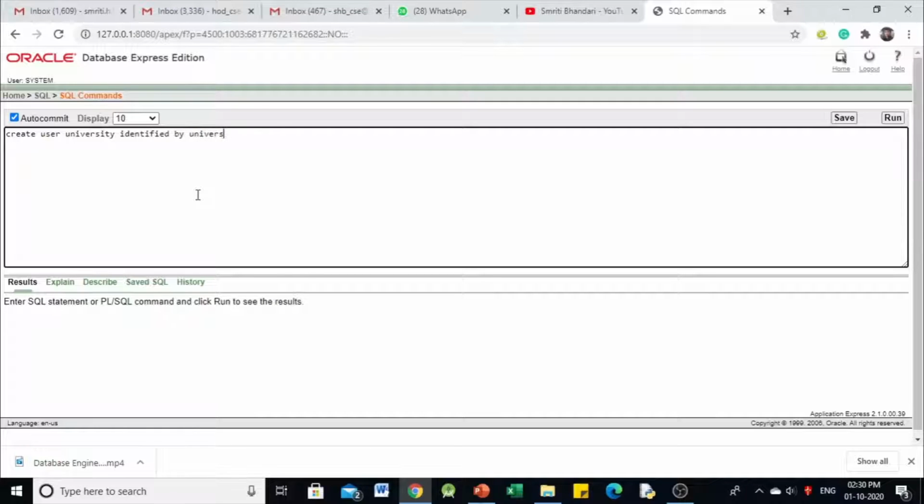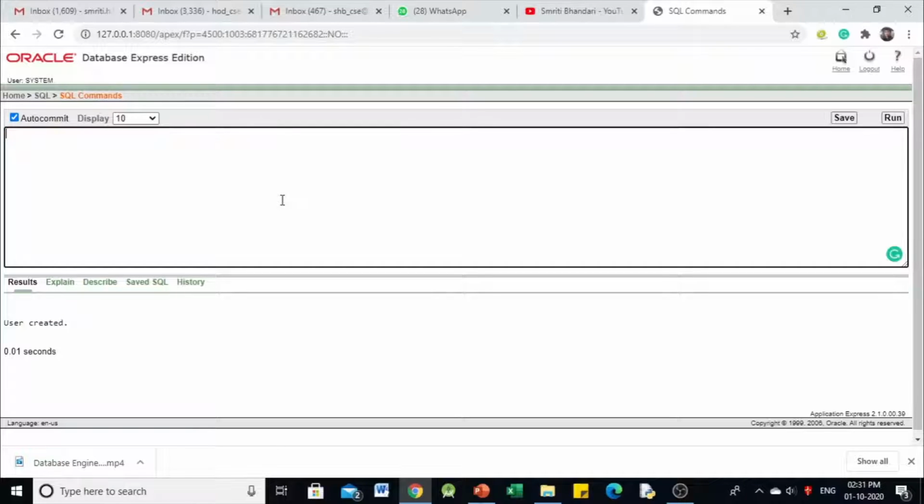So once again I am providing password as university for simplicity. So I am giving the statement create user, whatever is the username that you want you may provide, identified by the password, right? And I'm going to run this statement and I'll see here user created in the status, right? So I have created one user, separate user, so that I can build my schema under that user.